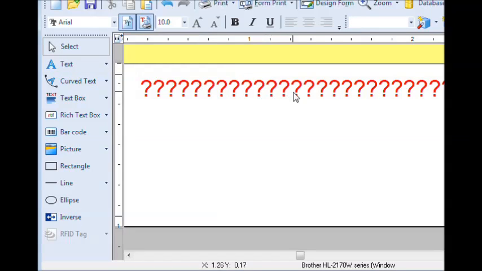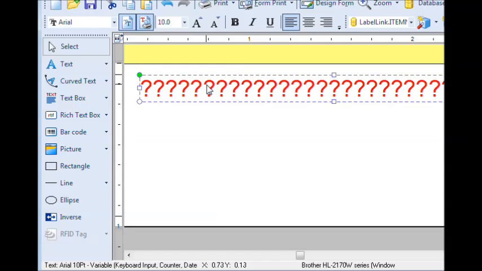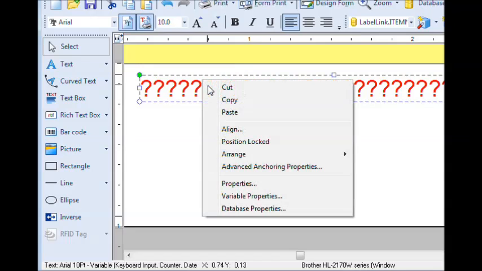Now you'll see that it's coming up with a whole bunch of red question marks, and what that tells you is that the field is too long to fit across the label. Now you can fix this by either changing the size of the font to make it much smaller so that it fits,